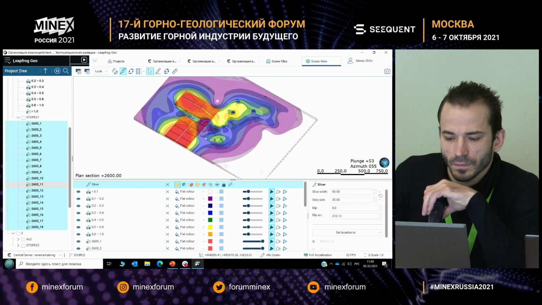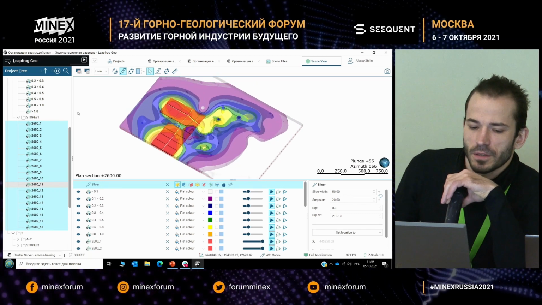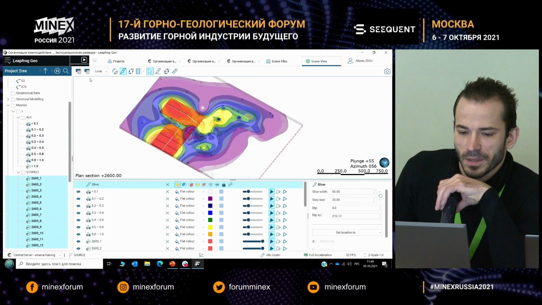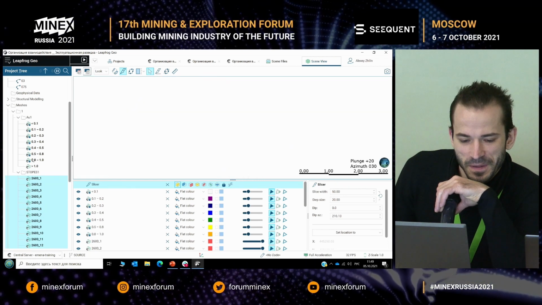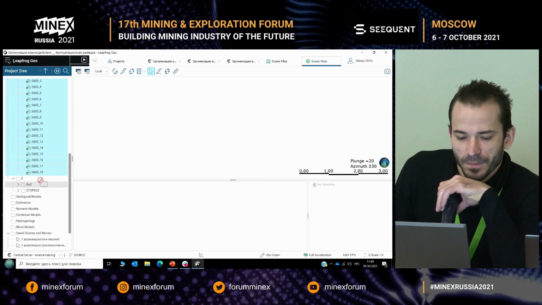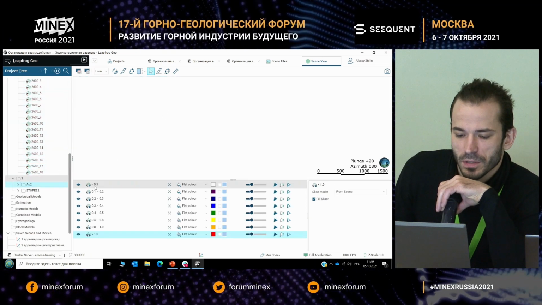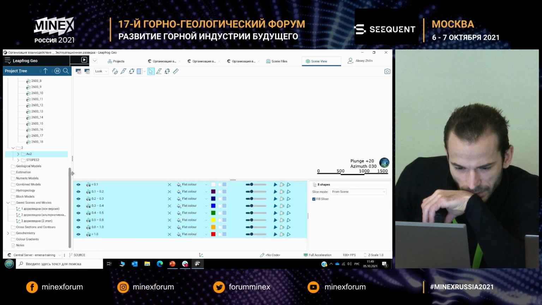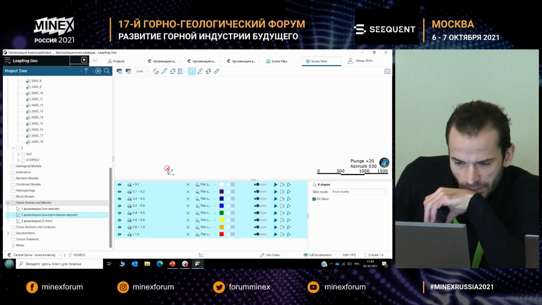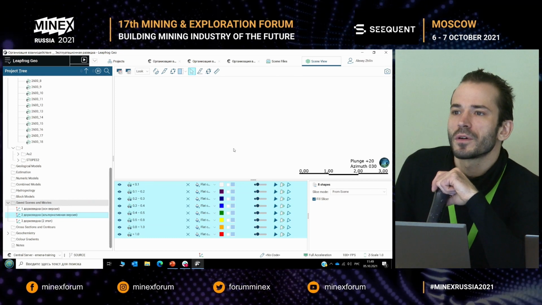So here we can clearly see what's been done in terms of mining. And that's scenario number 1. So the one that we are going to further validate. And here we go with scenario number 2. So no difference on the numerical side.